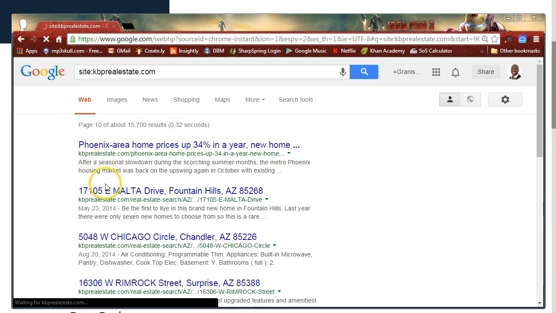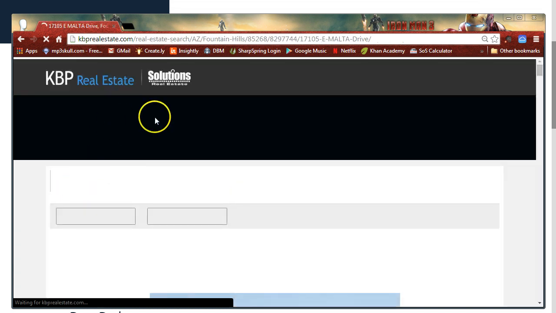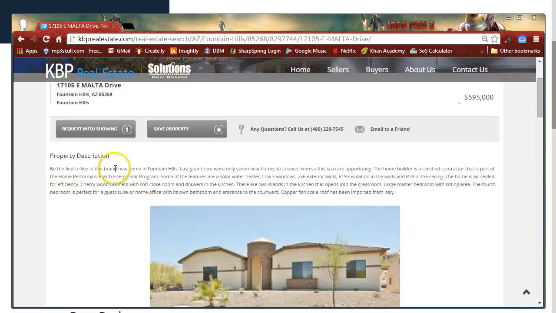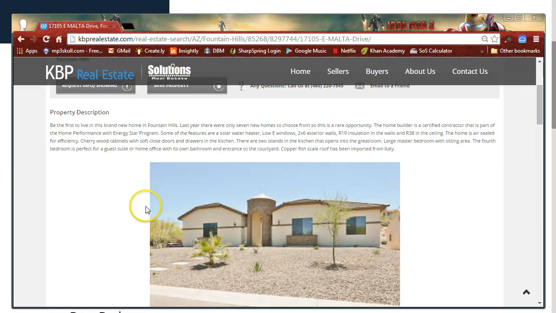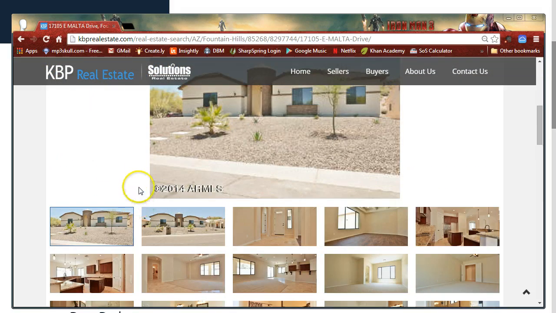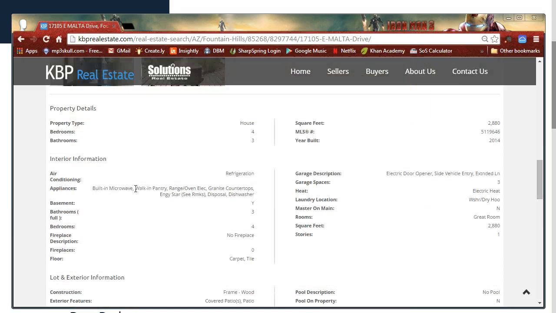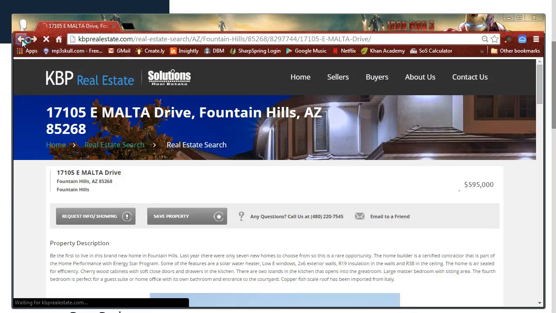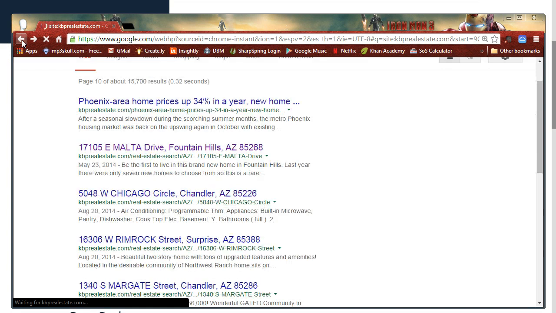So if we click on any one of the pages here, and we'll click on this one, system's going a little slow, but that's okay. You can see here, again, here is the page that we clicked on, and we can see that this one home here has its own page with the property description and all the relevant information, including photos for that particular site. So that's how you're going to know whether you have the right IDX,